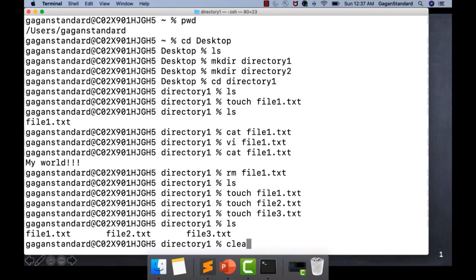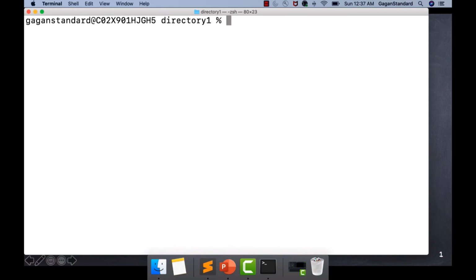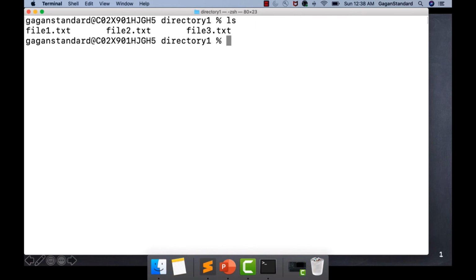Let's clear the console. So we'll see how many files are there. In directory 1 we are just doing ls, so we can see there are 3 files present inside the directory 1 folder. So now let's see how to delete all the files with the extension .txt.